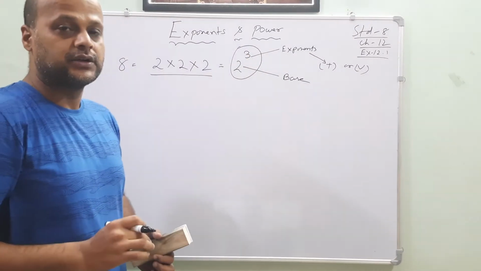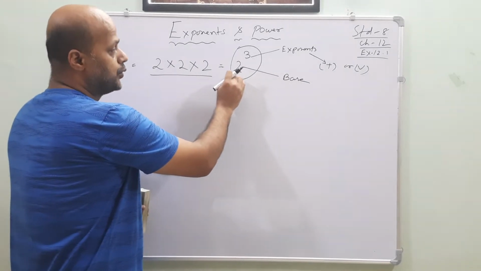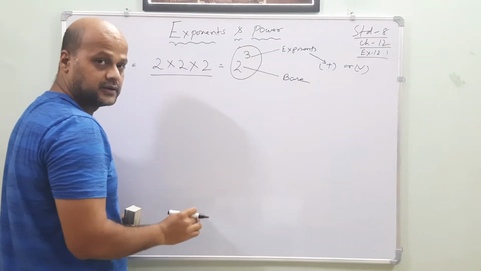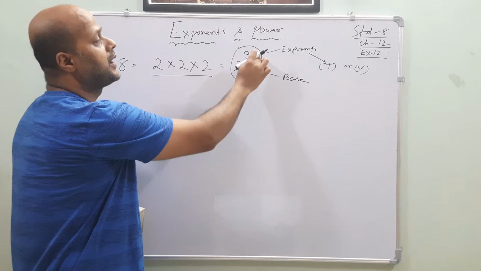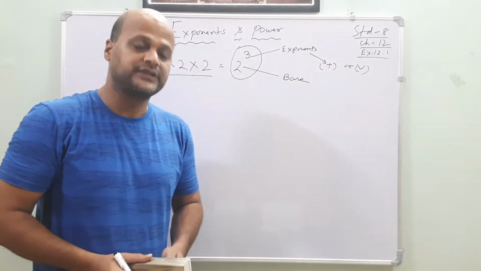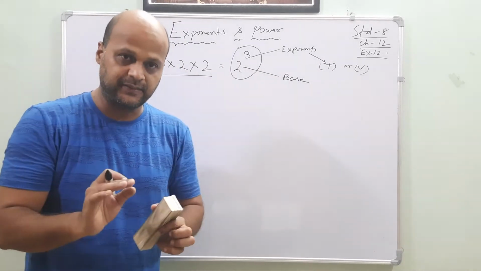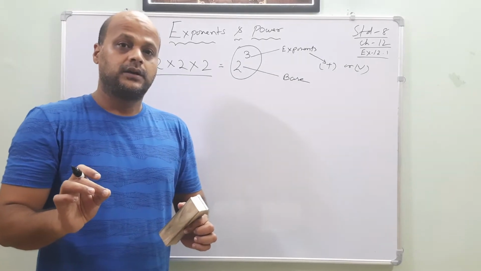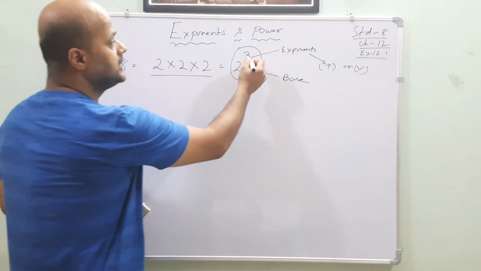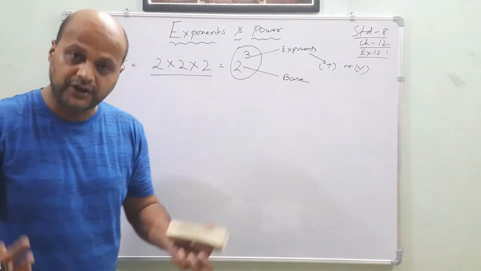Okay, here the question is coming that, sir, you are saying that while reading this, 2 to the power of 3, or 2 raised to the power of 3, here you are saying the power is 3. Are exponent and power both the same? Yes, my dear friends, power and exponent both are the same, but they are represented differently. So here I will say that 3 is called the exponent. Which exponent is it? Positive or negative? It is a positive exponent.